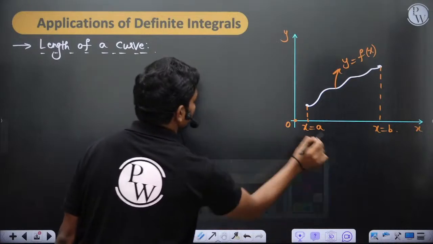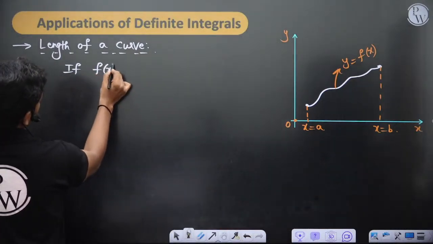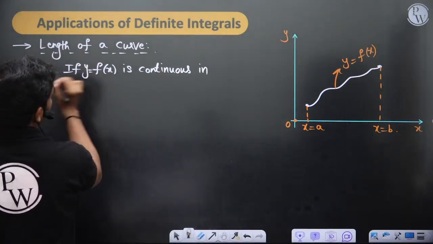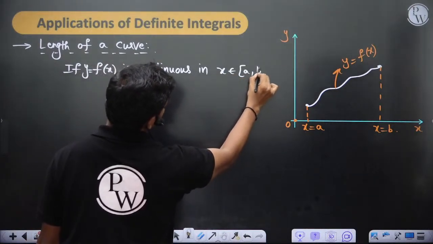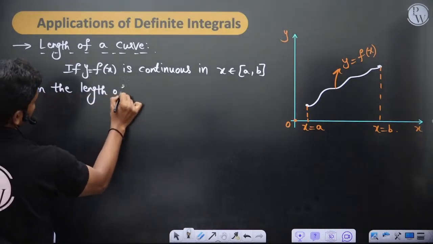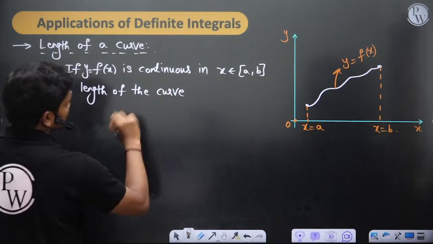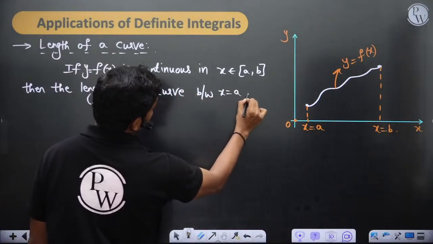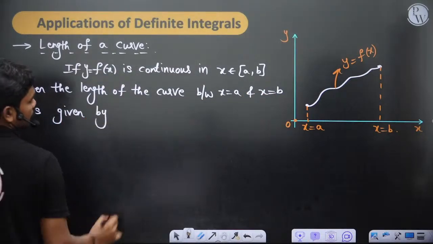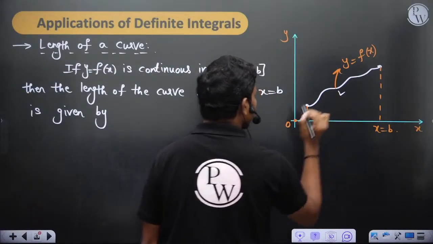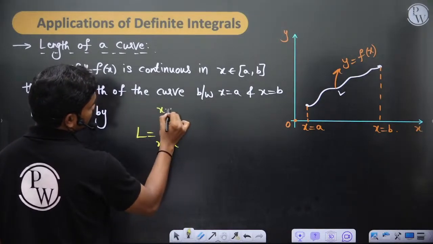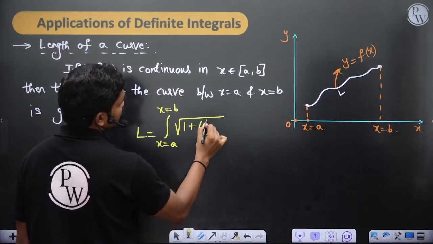Now let's see if f of x is continuous. Of course, it should not break. Let's say y is equal to f of x is continuous in x belongs to a comma b. Then the length of the curve between x equal to a and x is equal to b is given by L. If I call this length as L, then L is equal to integral x is equal to a to x is equal to b root of 1 plus dy by dx whole